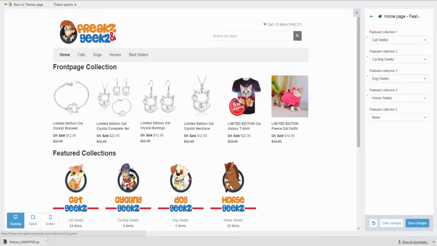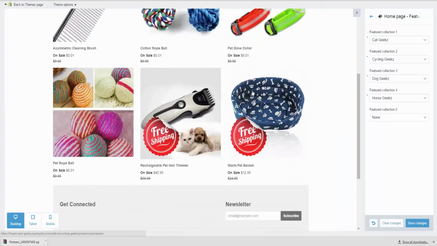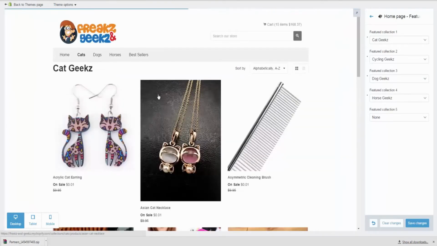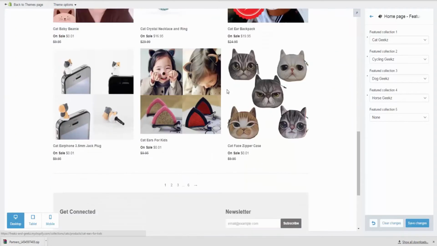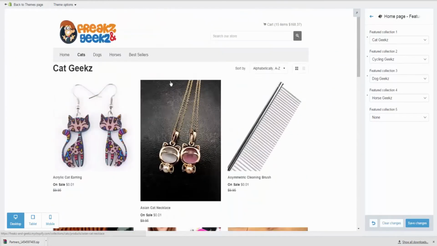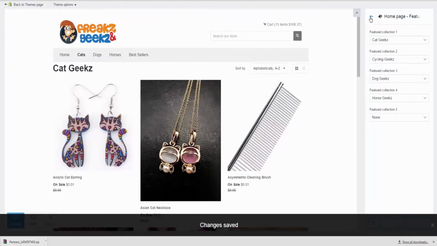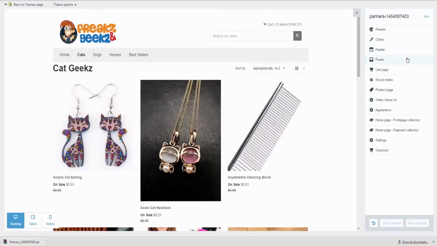And whenever we click on one, like the dog, it will take us to the 6 dog products that we have in this store. If we go back to home, the cats, which is the main theme of the store, we have all our cats products. All right, so let's save that,